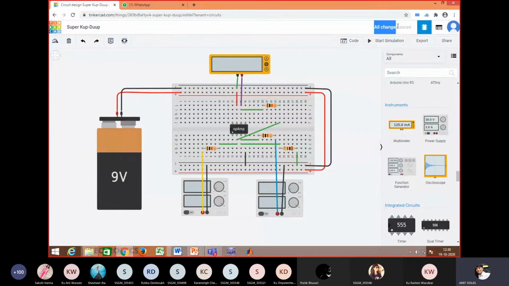You can see all the changes that we are making into this circuit will be auto saved. One of the good features of this Tinkercad is that whatever you are doing is recorded step by step, and we do not have any save button to save the circuit every time. Whatever change you make in the circuit will be automatically saved.